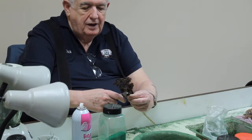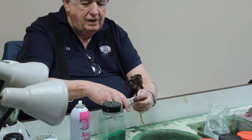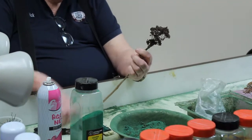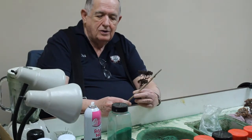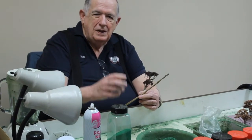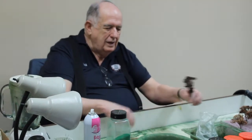And it's a good idea to cut the ends out of the wire sticking out, or you'll be jagging yourself. You cut these stems off. And for realism in your layout, you can cut these into log lengths and lay them around like outside a house, you know, like they're getting ready for winter. Next thing you do,